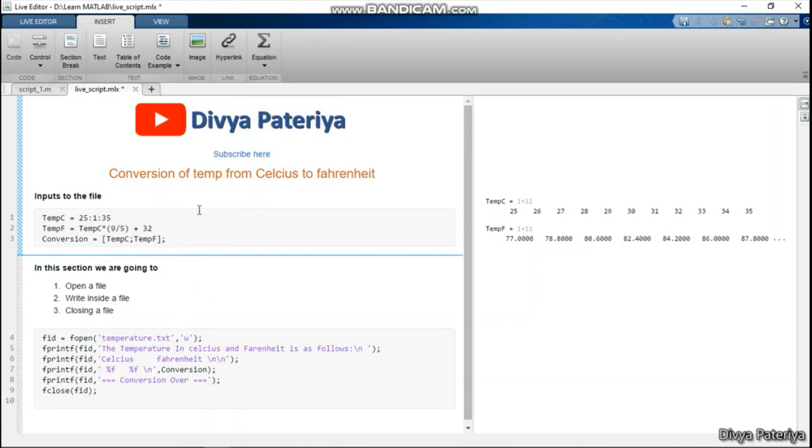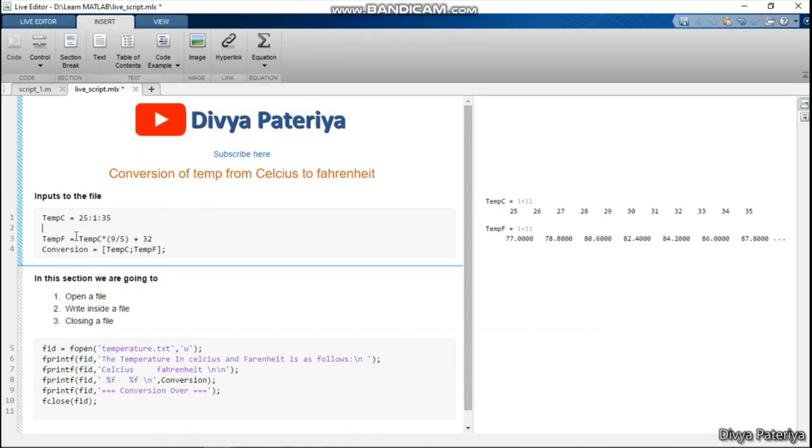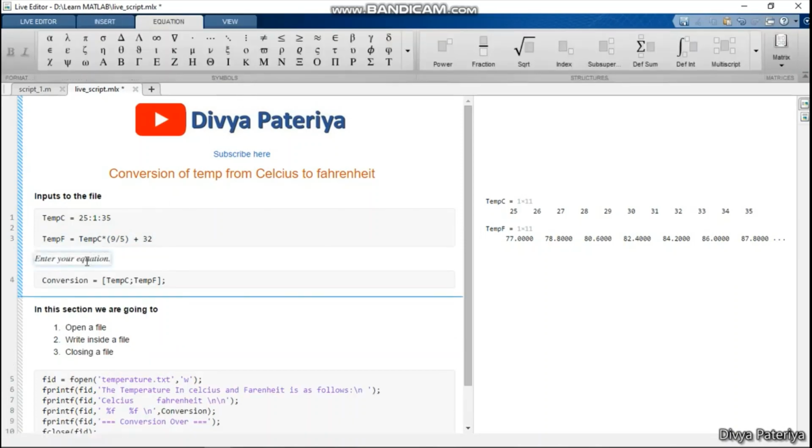So now what we have done is we have pasted an image, a hyperlink, text and the code here. So this is not everything that we can do inside a live script file. What we can also do is write a formula here. Suppose I am writing, for example, the equation which converts the temperature from degrees Celsius to Fahrenheit. So suppose I am writing my equation here.